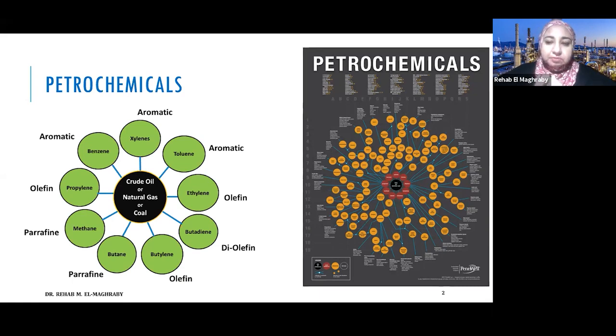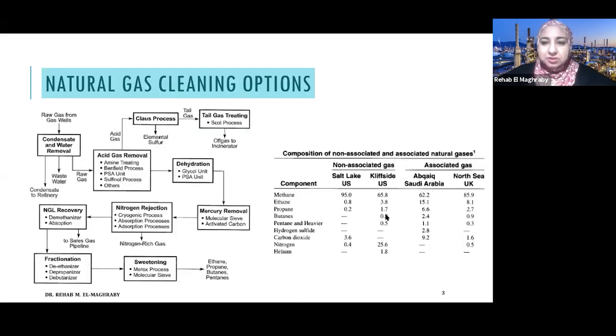Natural gas can be converted using new technology like gas-to-liquid technology, which is Fischer-Tropsch technology, to convert the natural gas to aromatics. But generally, natural gas contains paraffins. So this table contains the main composition of the natural gas, which is paraffinic-based material. It is mainly based on paraffin. No olefins in natural gas. Aromatics, if they exist, are in a very small amount. Generally, it is paraffin. So the natural gas is methane, as we take from the reservoir.